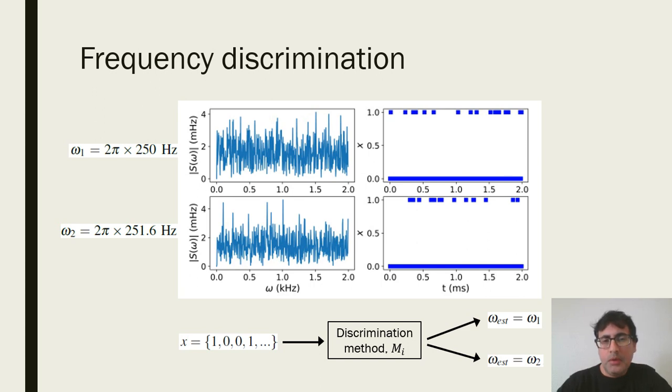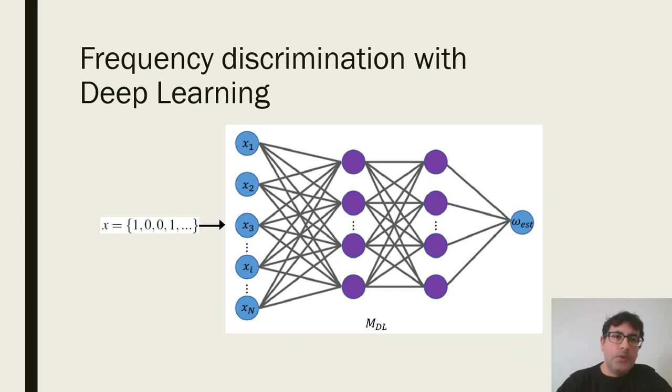So in general, we consider discrimination methods where we input the string of bits, and we want to get an estimation of whether these measurement results came from a signal with the frequency of omega 1 or a signal with the frequency of omega 2. The way we want to use deep learning is to input the string of bits, the measurement result, to the neural network, where at the end the neural network will output a discrimination result. The label would correspond to either the first frequency or the second frequency.